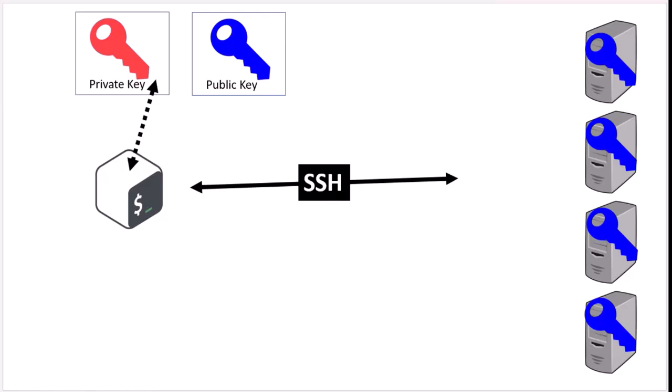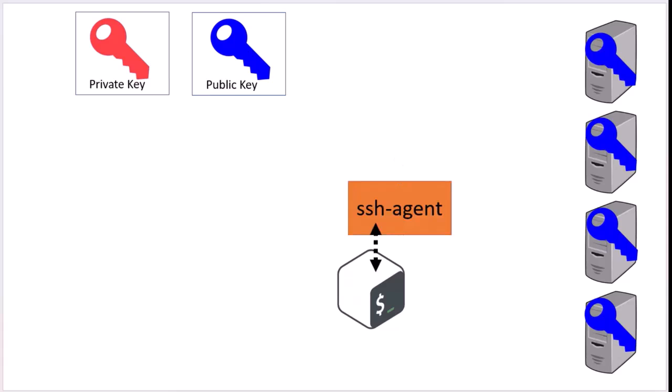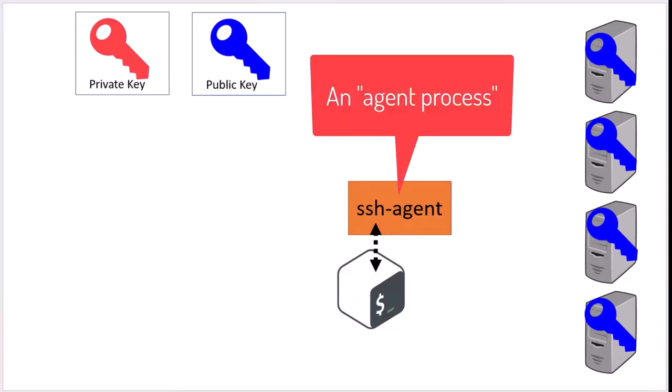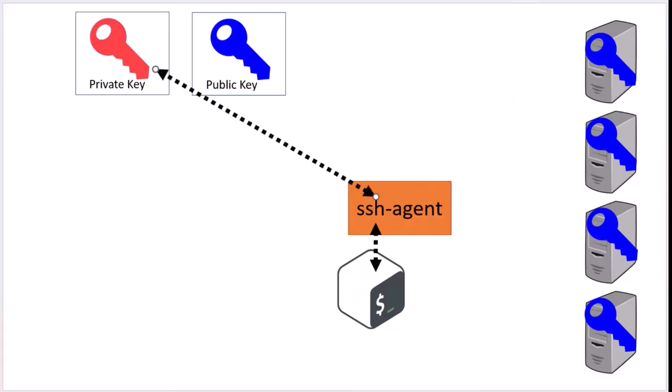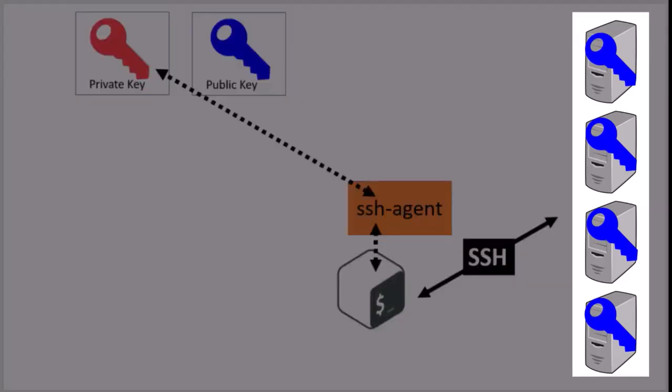The way of getting around this is using the command SSH Agent. You'll start an SSH Agent process, which I'll refer to as Agent Process. Load your private key into memory, and anytime you SSH, the shell will automatically use your private key without prompting you for your passphrase. This process scales very well when you have several servers you need to log into.